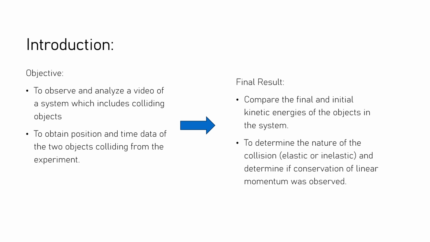which includes colliding objects as well as obtain position and time data of the two objects colliding from the experiment. And then after this, we can compare the final and initial kinetic energies of the objects of the system and determine the nature of the collision, whether it's elastic or inelastic, and also determine if conservation of linear momentum was